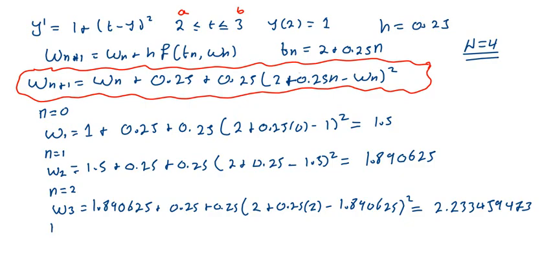Let's go to our last iteration, n equals 3. So our w4 is going to be equal to, and by the way, all of these, w1, 2, 3, 4, I'm just getting them from here. I'm just substituting where there's n here. I put what n is equal to, and that's what we get. Here once again we're going to have w3 because n equals 3. But we already calculated w3, which is